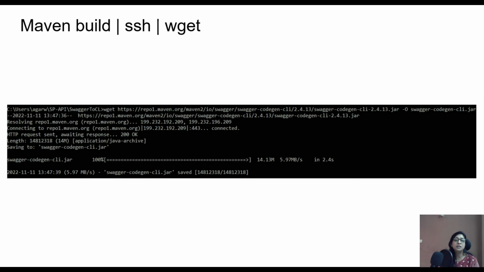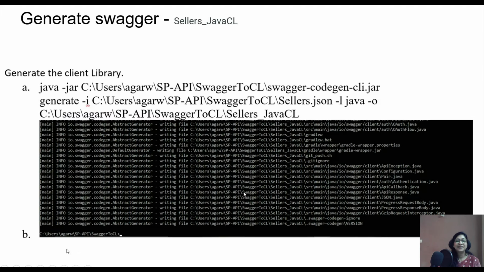But still, if you want to go into the details, you can join the course. This is how you generate the seller's Java CL, which is a client which you need to call when you are calling any API. So you can use that.